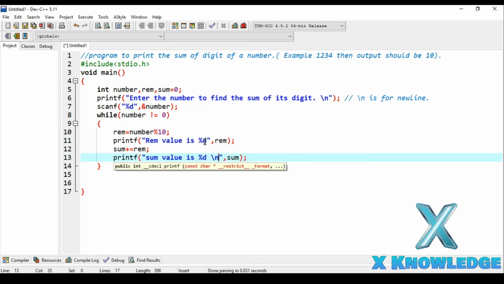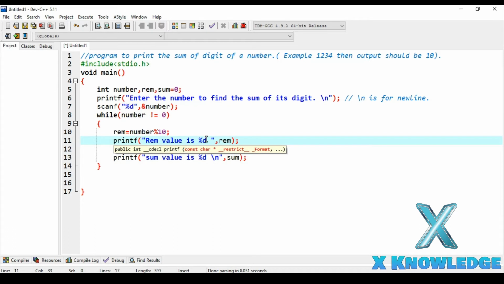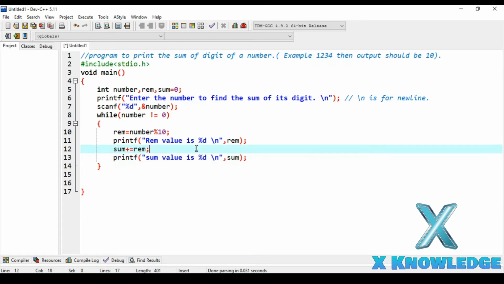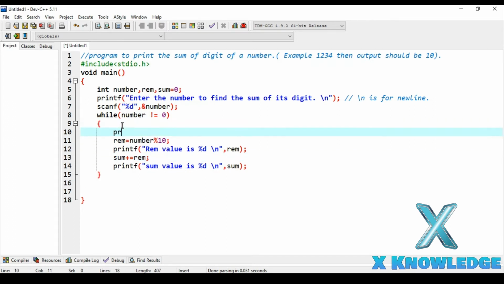The \n is for a new line, such that each of these lines gets printed in a different line, not in the same line. That's the reason we use \n. And give one more message, that is a printf %d iteration number.